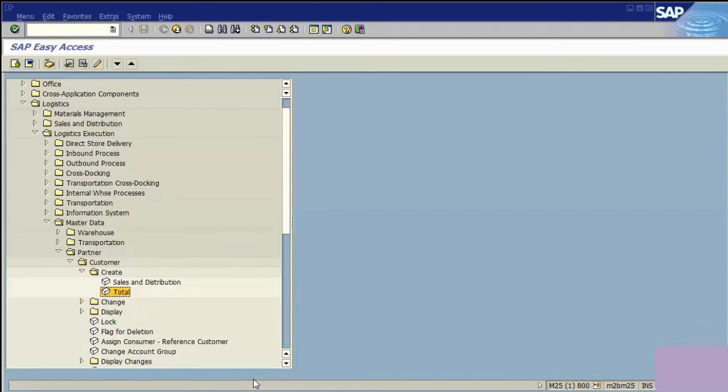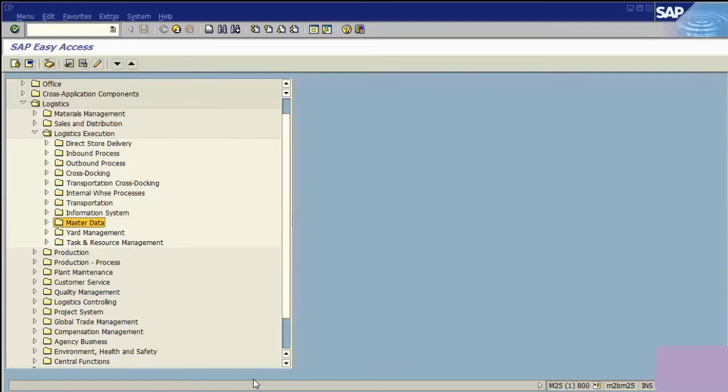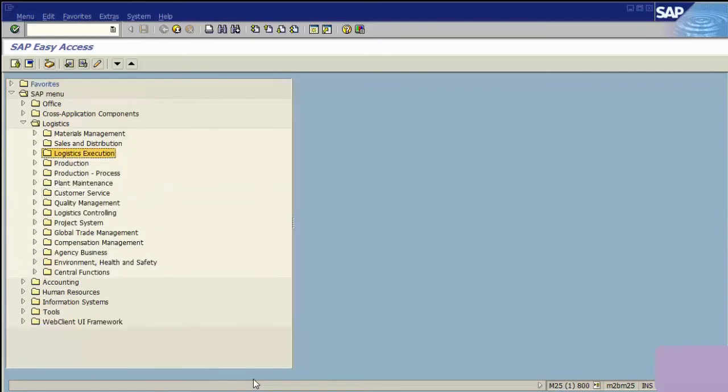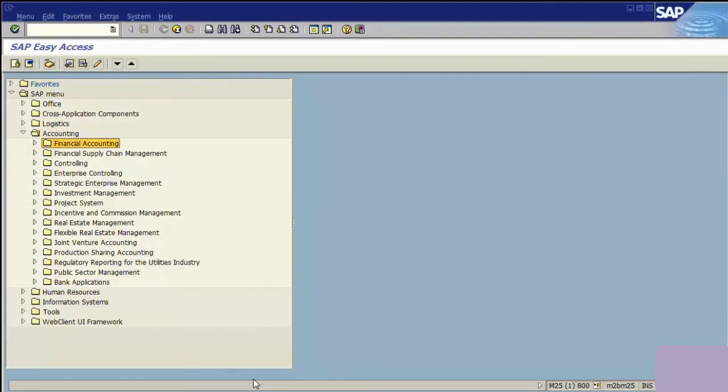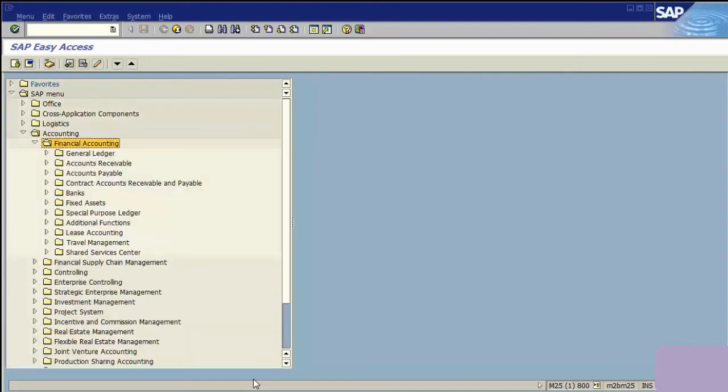So let's go ahead and close that one up. That's one other access point. And then the third one, let's go ahead and talk about as well, which is outside of logistics, is accounting. And if we go into financial accounting here, accounts receivable,